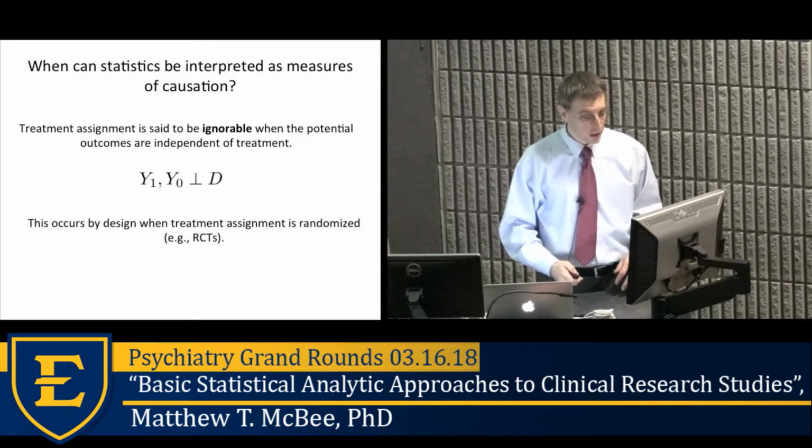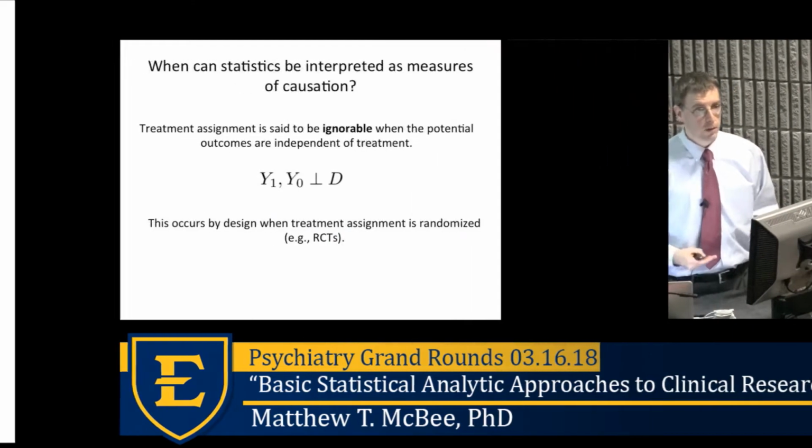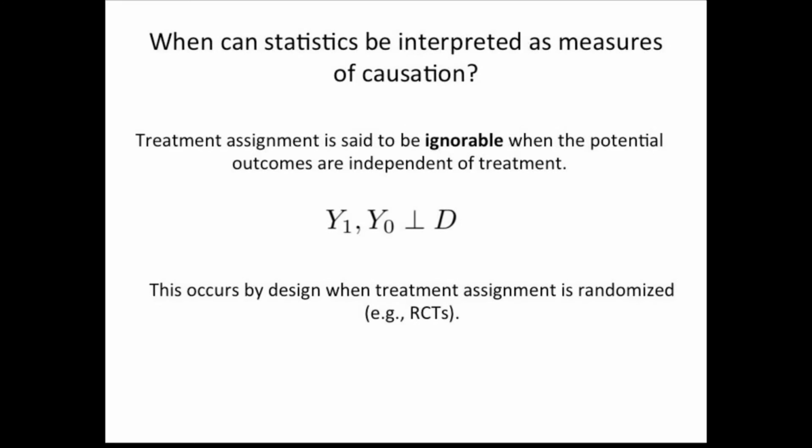So when can we actually interpret a group difference as a causal effect? There's a condition where we can do that that's called ignorability. Treatment assignment is ignorable when the potential outcomes are independent of the treatment. In other words, if the potential outcomes are not altered by exposure to treatment, then we can look at that difference in outcomes between the treatment and control groups, and we can interpret that as causal. So when does that actually happen? When does ignorability occur? Well,